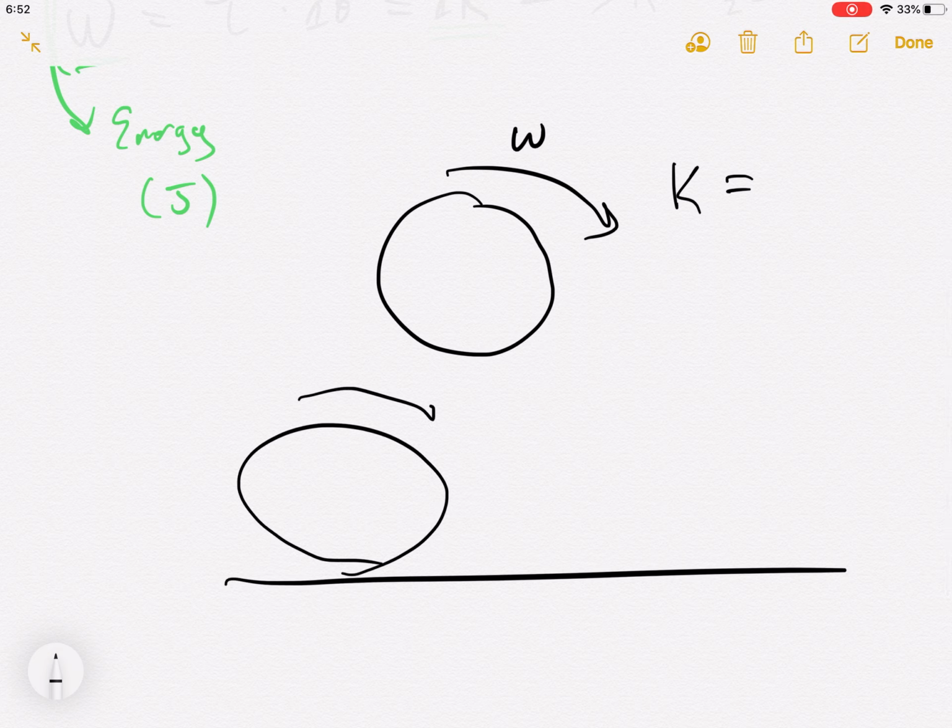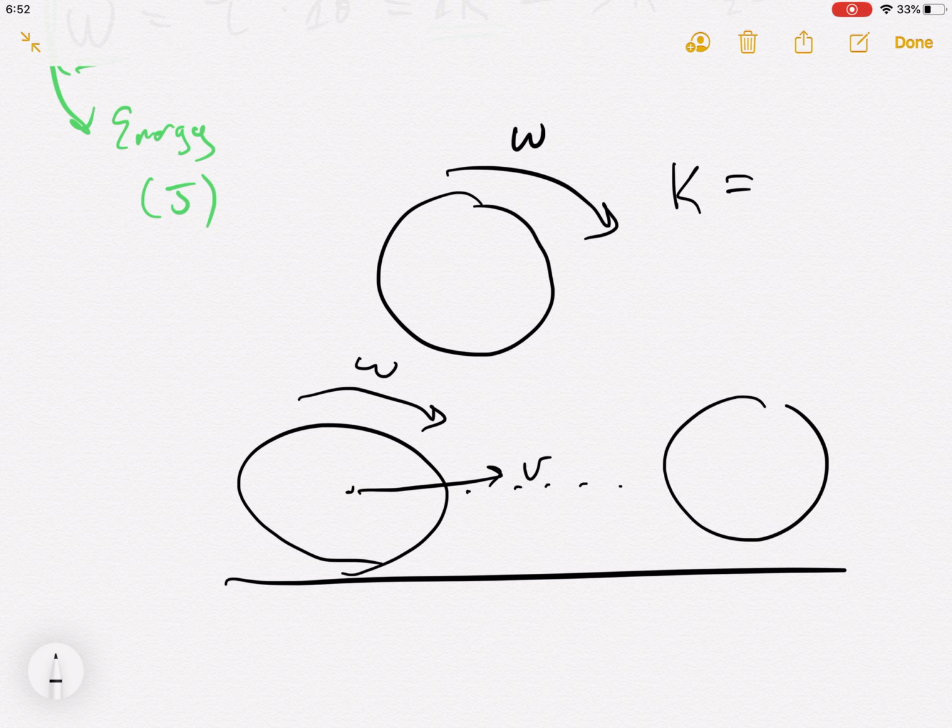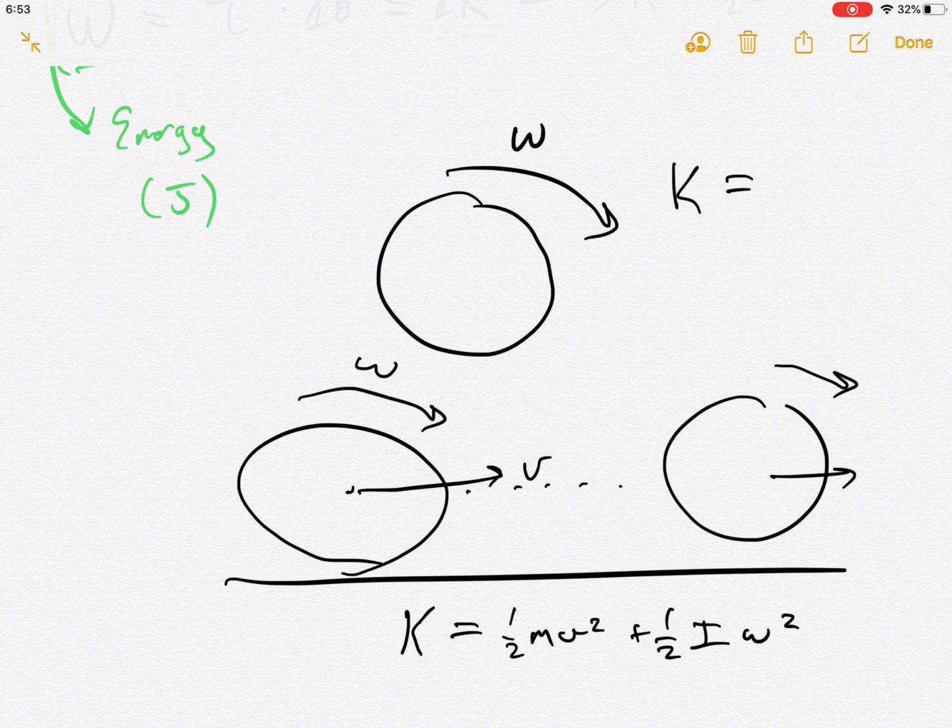If this is rolling, so there's an omega, but also a linear velocity, so later it's over here, still going with v and omega, it now has two kinds of energy. It's got half m v squared and half I omega squared. All right, so I need to think about the energy that it takes not just to accelerate something linearly, but also to rotate it. And that brings me to